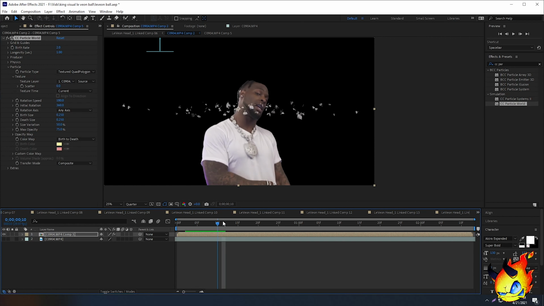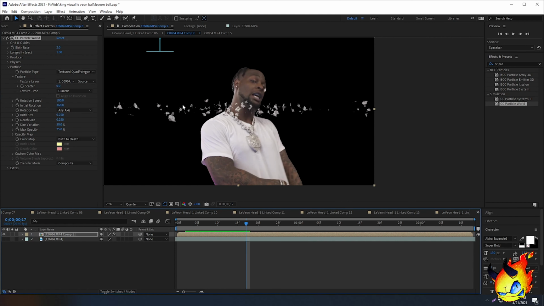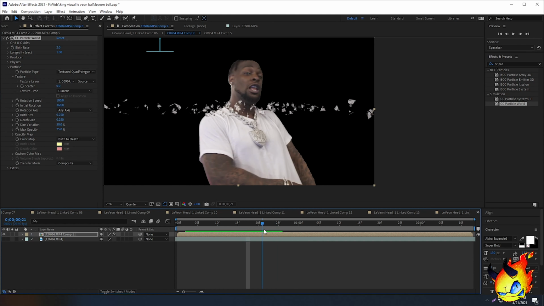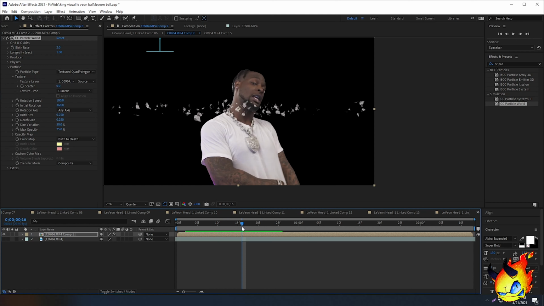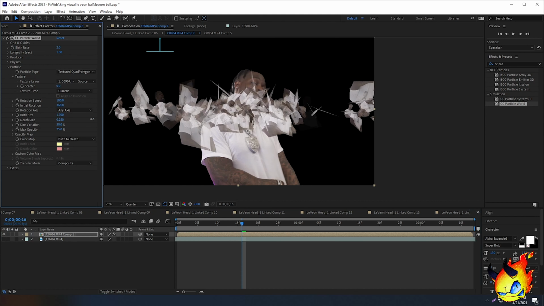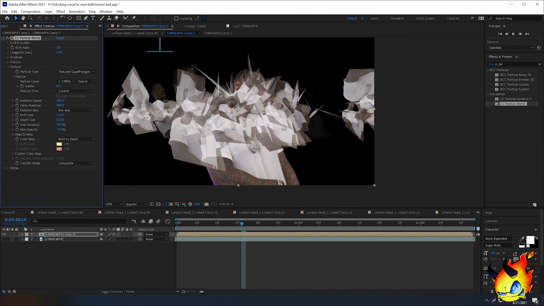Okay, so now you can see we have clones of him spinning, but if you notice there's a million of them and they're too small. So first thing we're going to change is the size of the clones, just so you can see what's going on. So in the particle tab where it says birth size, go ahead and increase that to where you get roughly the same size as your